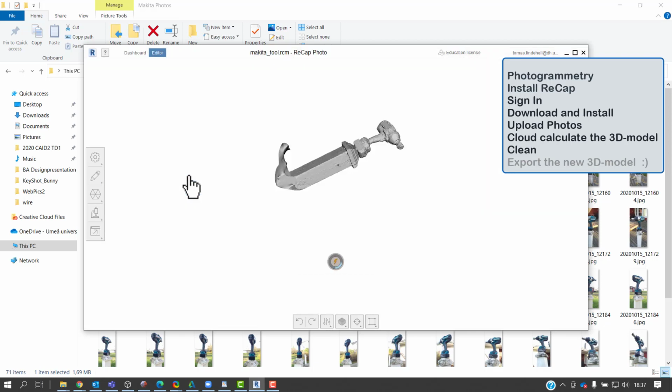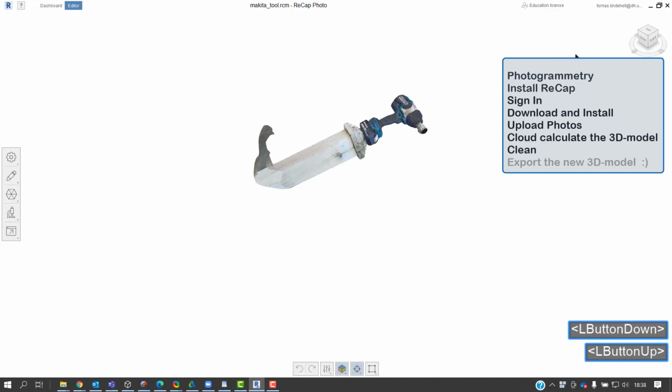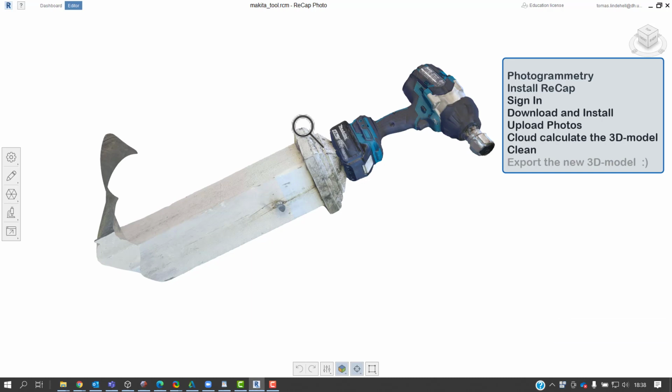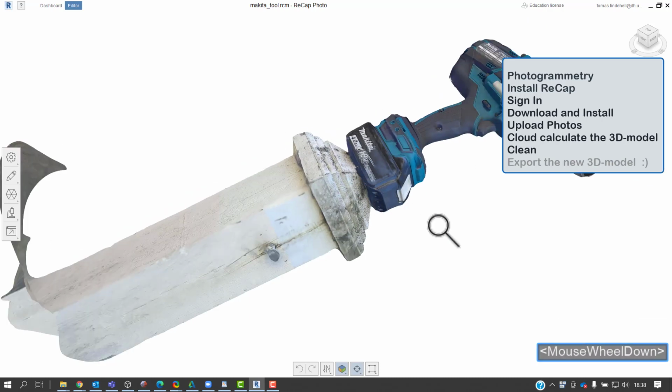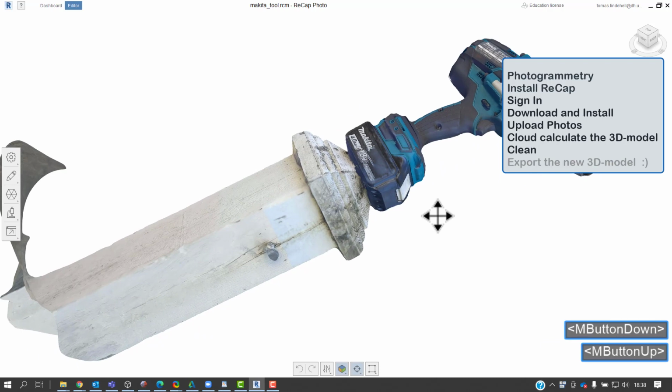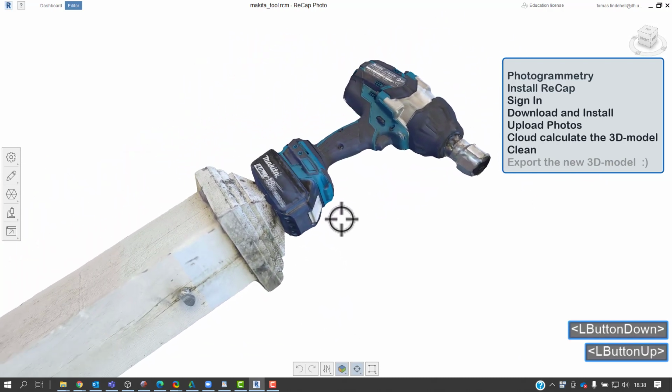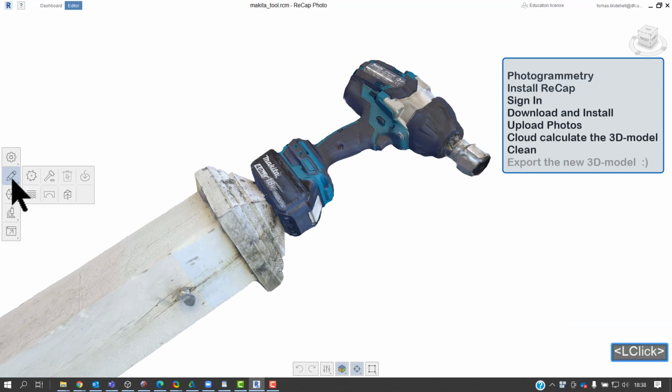So this is the raw data that is calculated. It looks pretty nice. And most of the background is cut away. And that is because I clicked auto crop. But I would like to slice it a little bit further. So let's go for the slice tool and get rid of what is underneath this tool. So I go for slice,